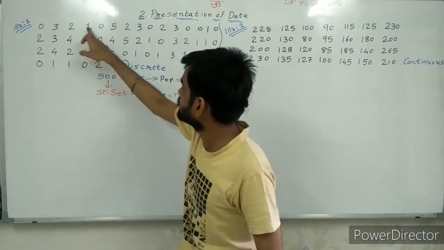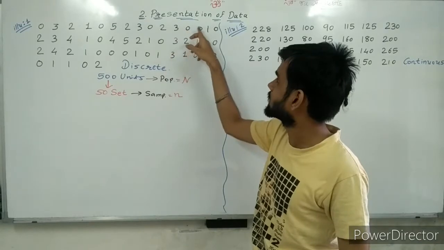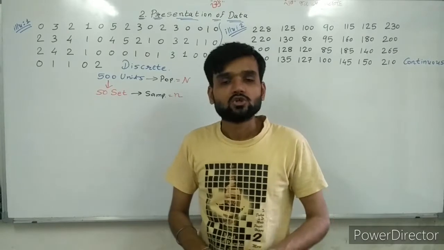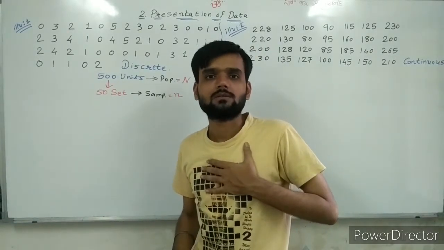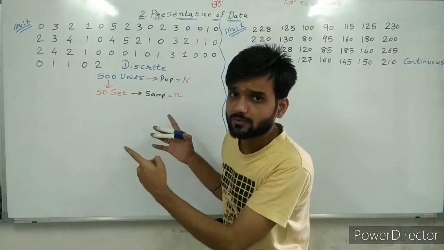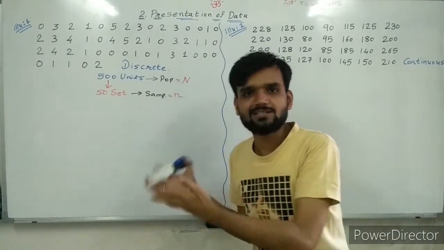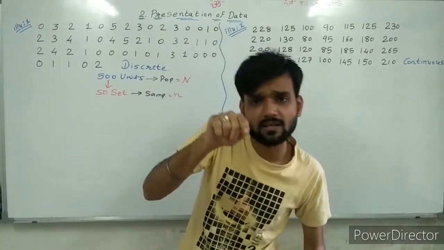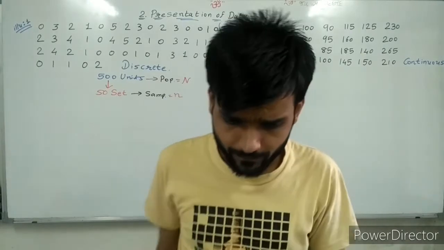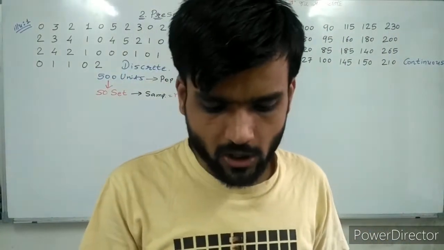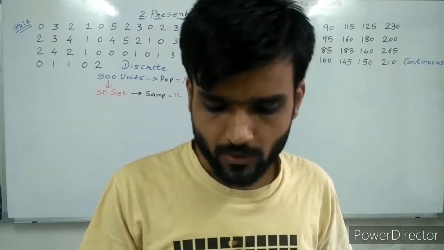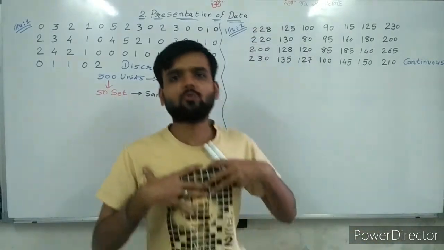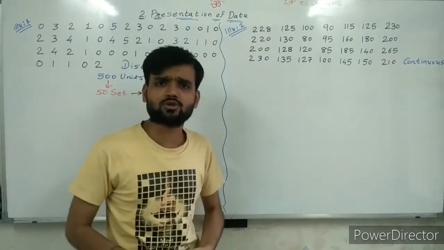See, 1, 2, 3, 4, 5, 6, 7, 8, 9, 10, 11, 12, 13, 14, 15. 15, 15, 15, 45, 45 plus 5, 50. So 50 pieces of information are available to us. This information is for the number of defects in television sets. Now going ahead, the number of defects per set is given below. Prepare an appropriate frequency distribution. Now we need to prepare an appropriate frequency distribution.